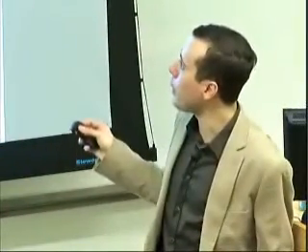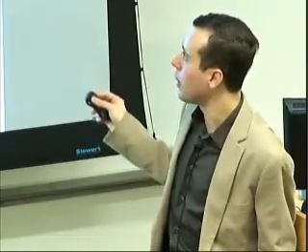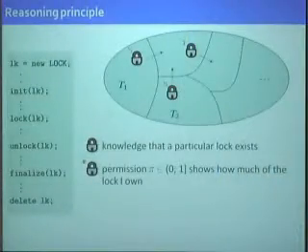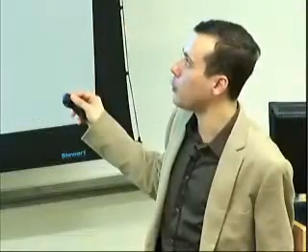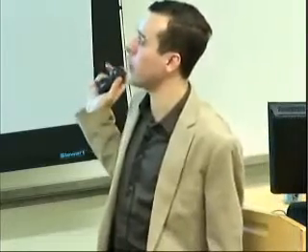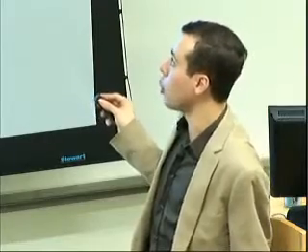So these numbers range from 0 to 1. For example, if I have half here and half here permission for the lock protecting this partition, then what this says is that no one else knows about the existence of this lock, since half and half add up to 1. Then the way these permissions are used in reasoning is if I have a non-zero permission for a lock, for example, for this one, then this allows me to acquire this lock. So for example, now the thread T1 can acquire the lock and get the ownership of the partition of the heap it protects, and get also the ownership of the knowledge that this lock, the lock protecting this partition, exists. So now it might also acquire this lock and get the ownership of this partition.